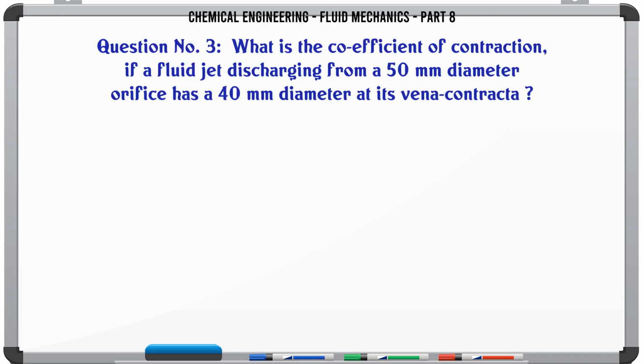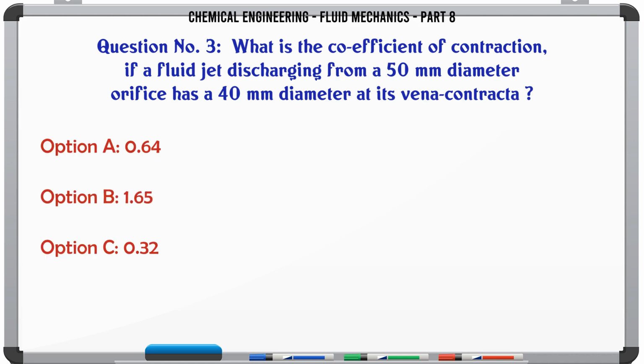What is the coefficient of contraction if a fluid jet discharging from a 50 mm diameter orifice has a 40 mm diameter at its vena contracta? A. 0.64, B. 1.65, C. 0.32, D. 0.94. The correct answer is